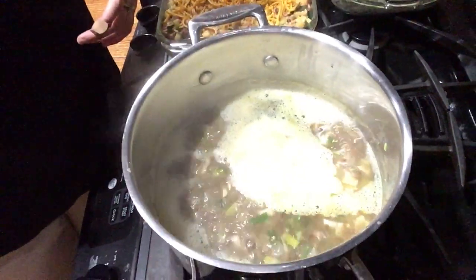Anyway, so this is the soup. It's boiling, so you can't really see it very well. And I get it, it looks brown, it doesn't look green, but I had a whole bunch of lentils left over from lunch, and I had to do something with them, so I decided to make a leftover lentil soup. So there's lentils in there, and water, okay, and then some Better Than Bouillon no chicken base, and cabbage, chives,